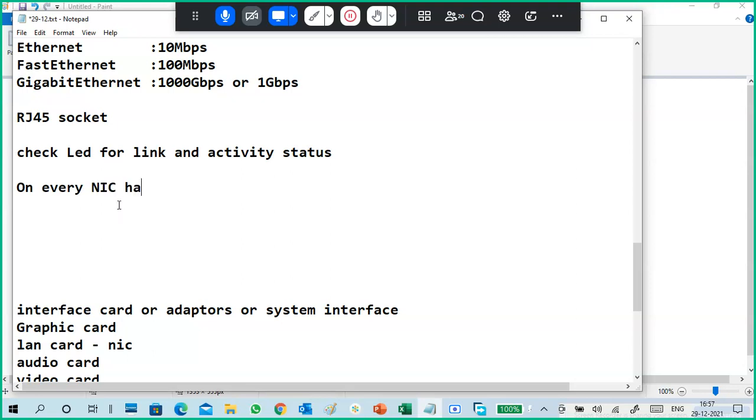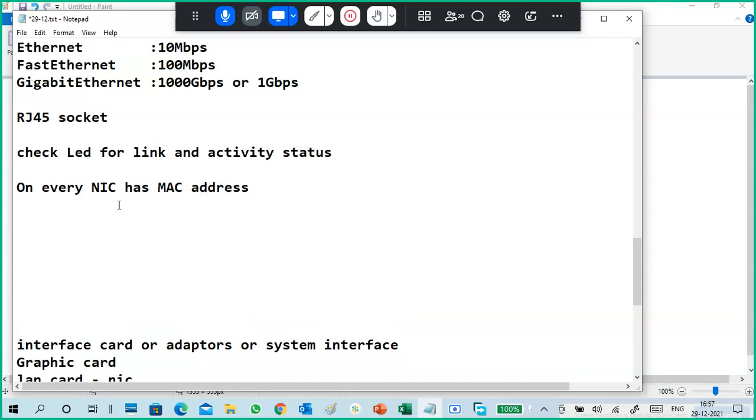Every NIC has a MAC address. So what is this MAC? MAC means media access control.